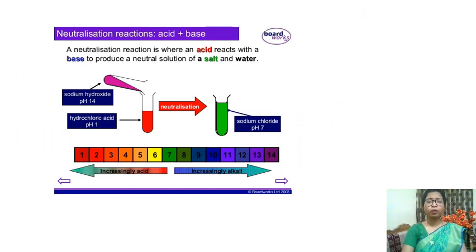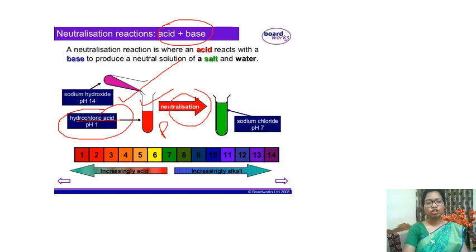So what do we do in a neutralization reaction? As I told you, we take acid and base. With the acid and base, we are also taking the phenolphthalein indicator. So you take a test tube and you add hydrochloric acid. After that, you add phenolphthalein indicator, which is not written here. So I am telling you, you have to add hydrochloric acid and then some drops of phenolphthalein, and then you add sodium hydroxide drop by drop, so that you will see a certain color change, and this reaction is called a neutralization reaction.